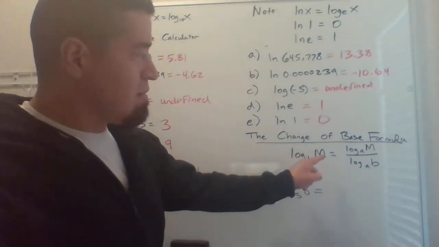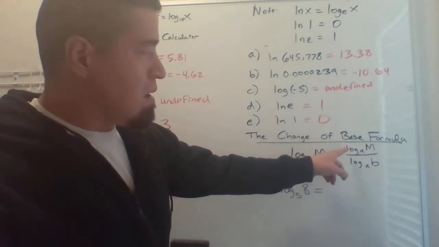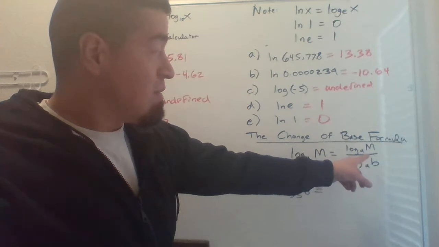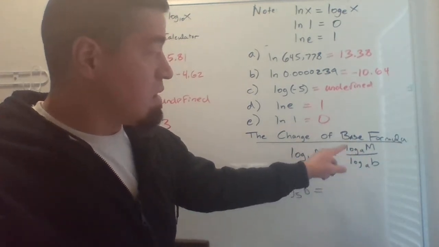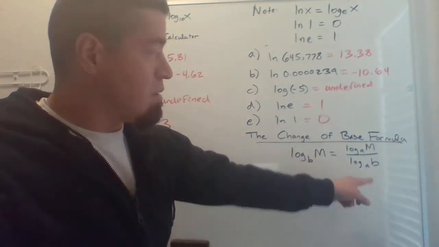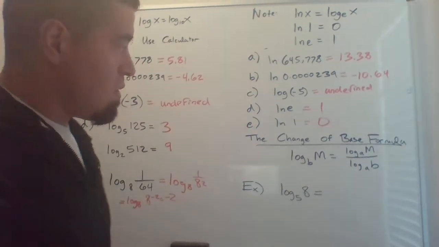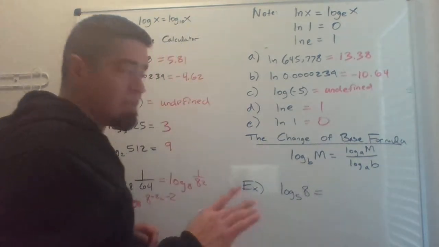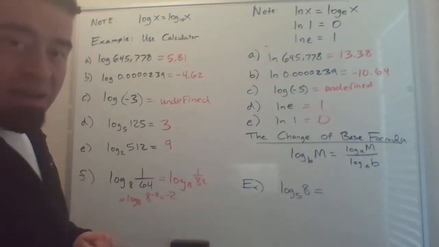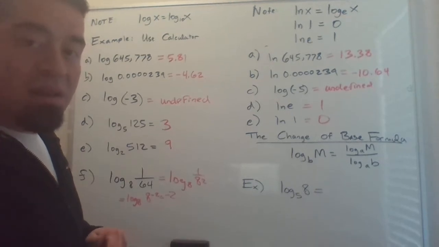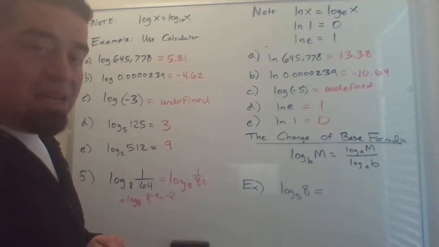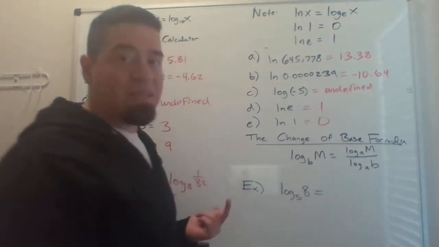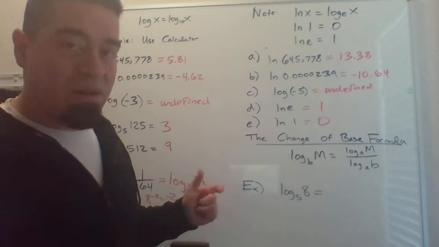Log base b of m equals logs of similar bases. It doesn't matter what base, equals log of m on top and log of b on the bottom. Okay, so again, the a's don't matter. You can pick whatever base. It used to be that calculators didn't have a log base function, and all they had was base 10. So in order to trick the calculator for questions like this, if you have a TI-83, you'd have to do this. If you don't have a TI-84,